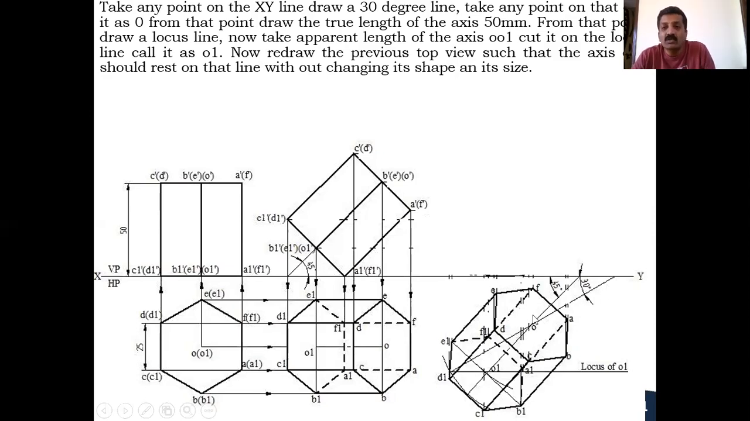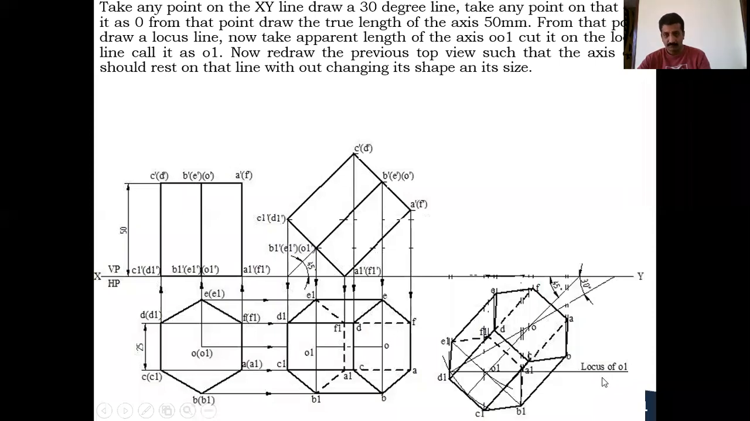Now, since it is a true inclination which he has given, the true length of the axis, what is the true length of the axis? It is 50 millimeter. You take 50 millimeter as the true length of the axis, and with O as the center, you cut this 30-degree line. Somewhere else it may come here. After this, you draw a horizontal line passing through that intersection point, the arc,